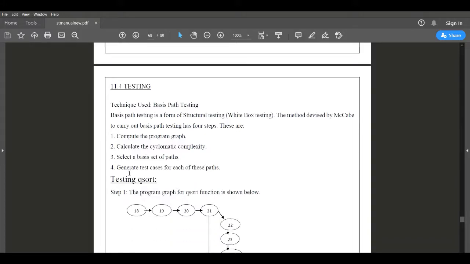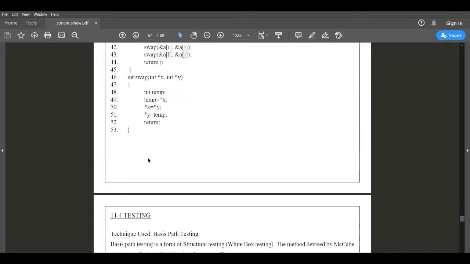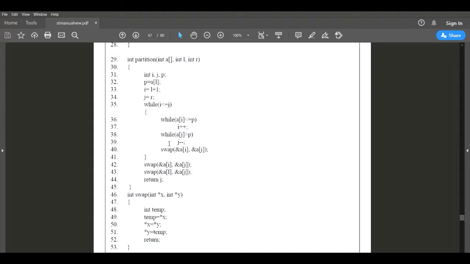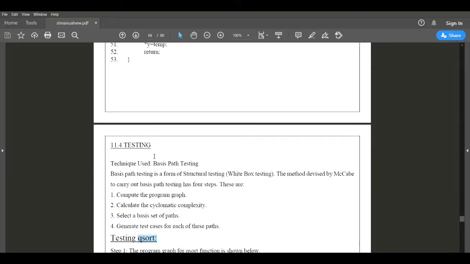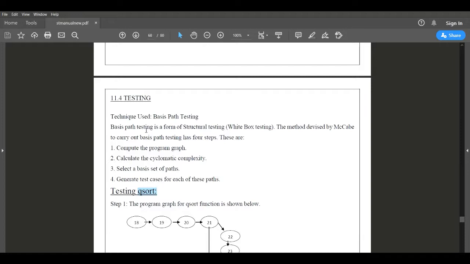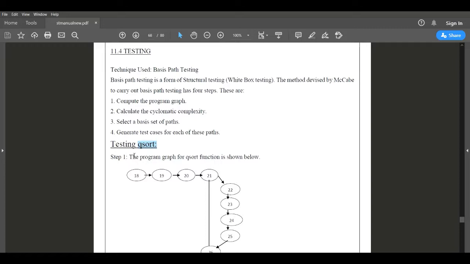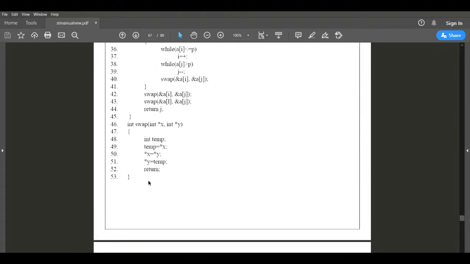Now we are going to test the qsort function first, and then we are going to test the partition function. These are the two functions which we have written outside the main program. These are the major algorithms also, so for these we will test first. Therefore the first step is to see from which line qsort starts and at which line qsort ends, and then we need to follow that procedure.